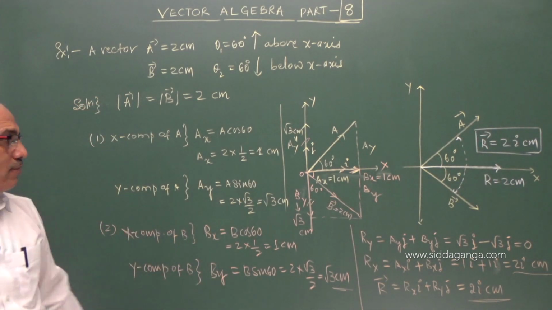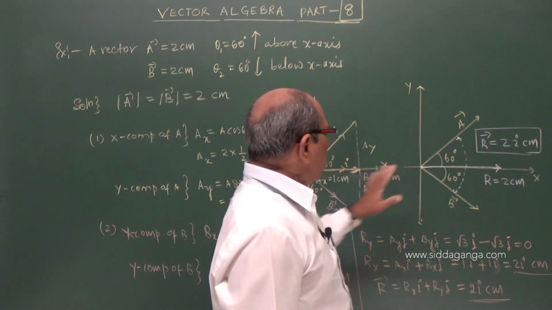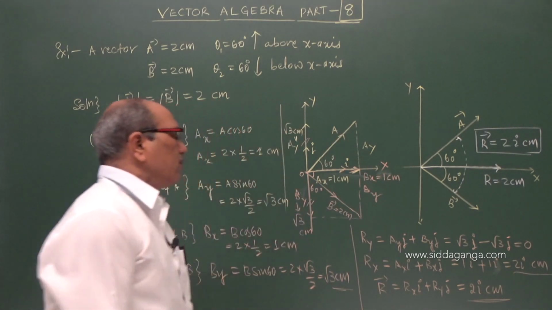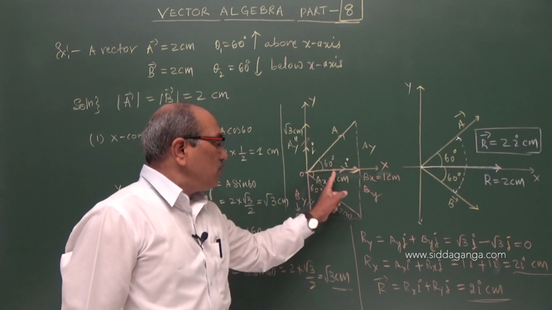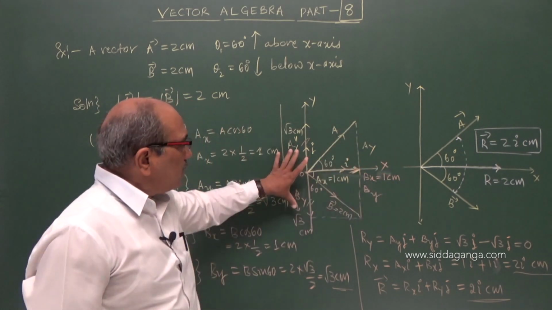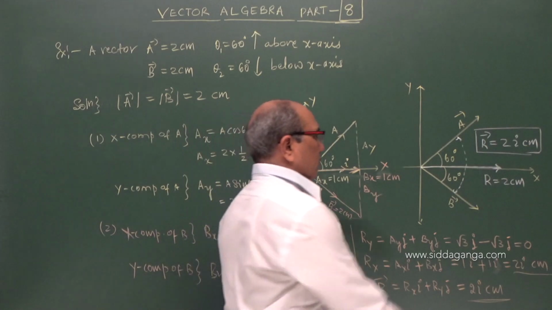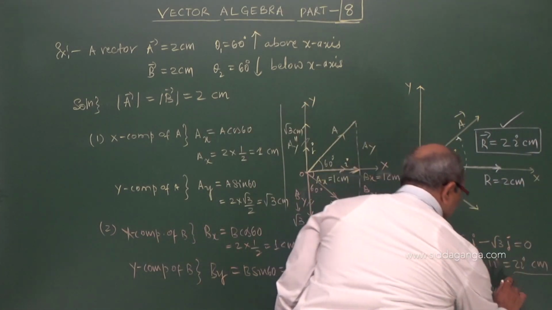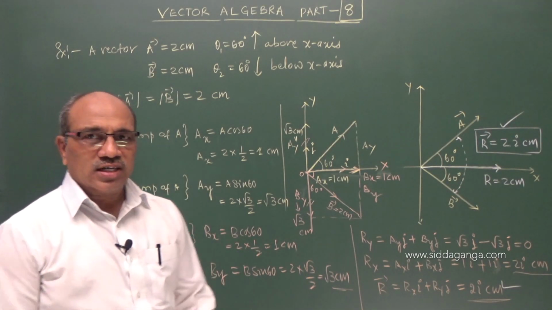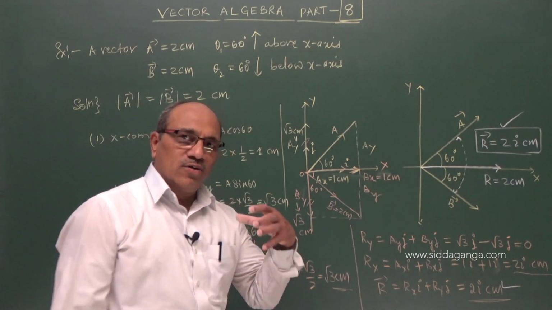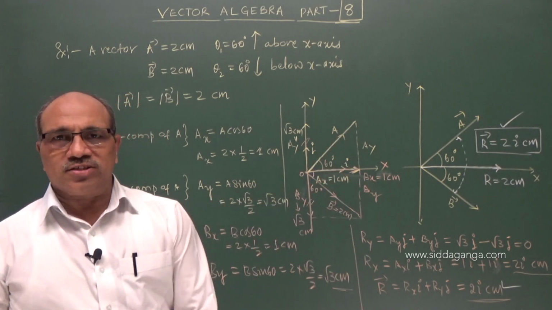Suppose if you have not recalled, we have to resolve the given vector along the x and y axes. You observed the y components are mutually cancelled and only the x component appeared, and they are added because they are in the same direction. If they are in opposite direction they cancel, so the final answer is 2 i centimeter. This is for entrance point, this is for the board point. Which you prefer is in your hand. If you remember some techniques and you are strong in mathematical formulas and concepts, then it is easy to solve the problems in physics.